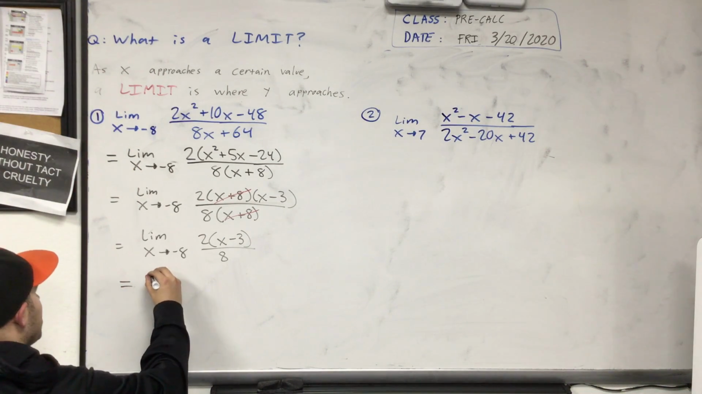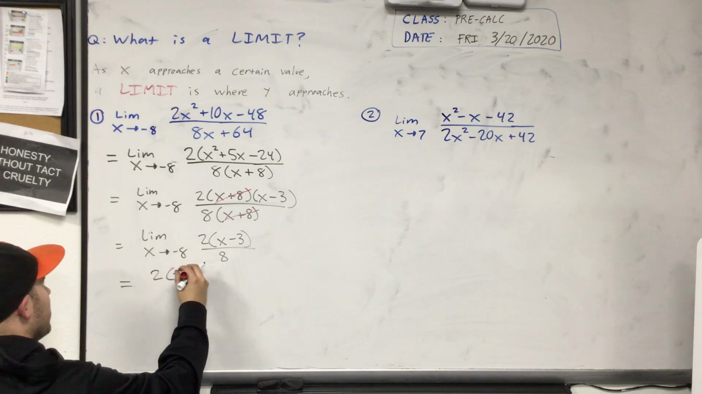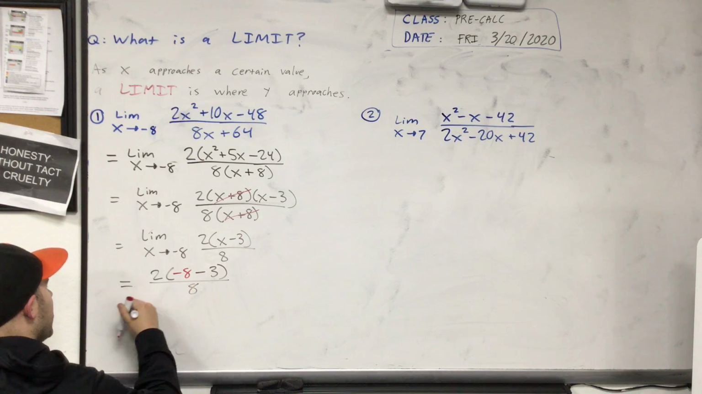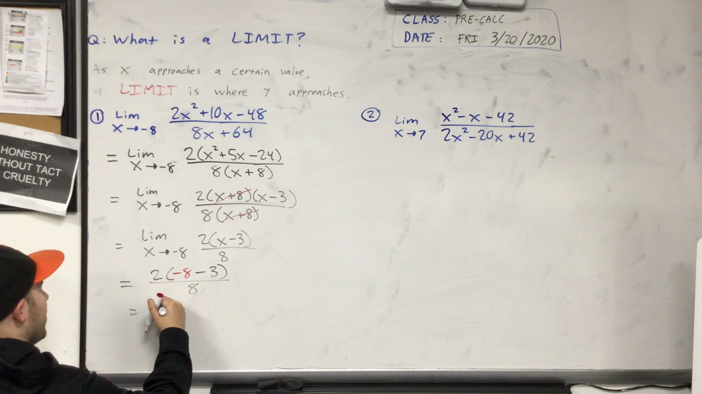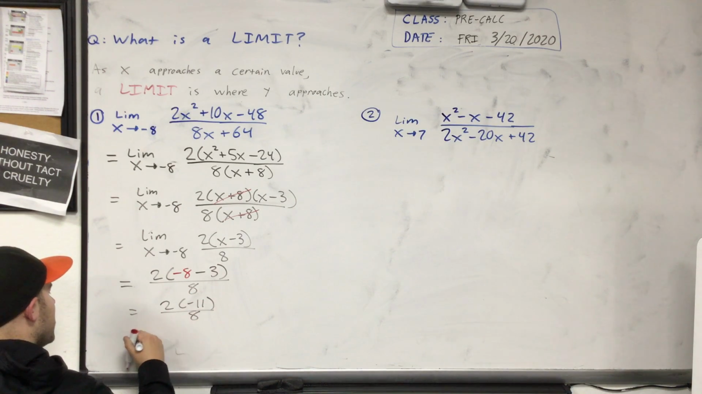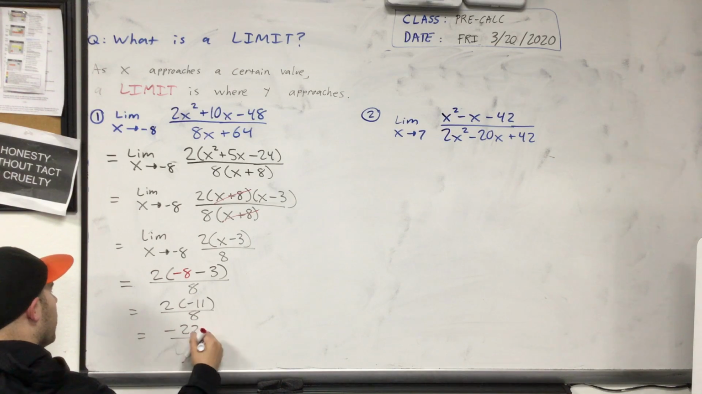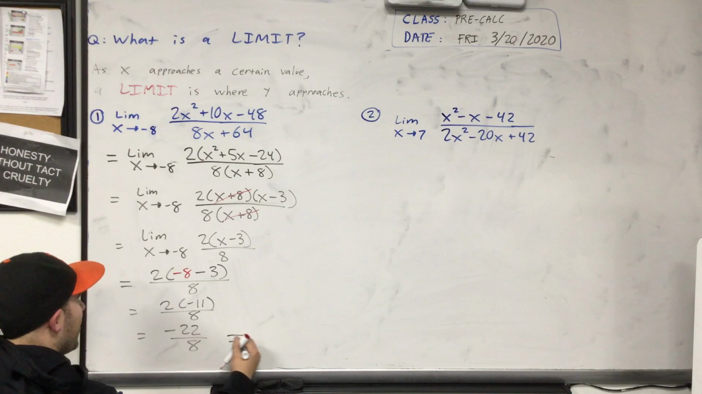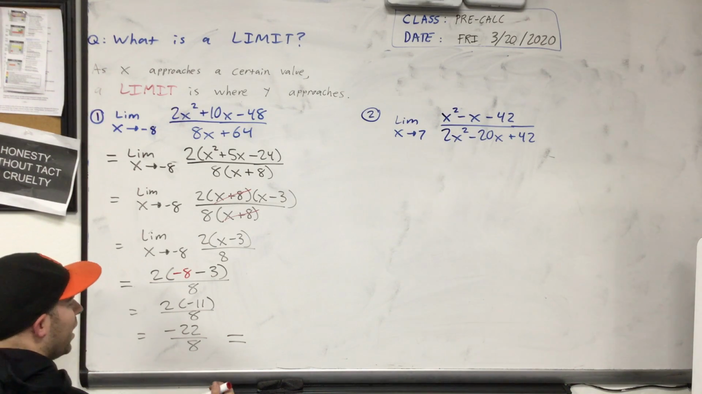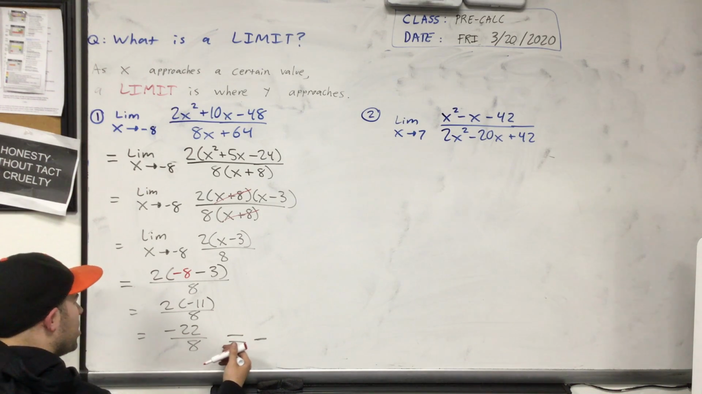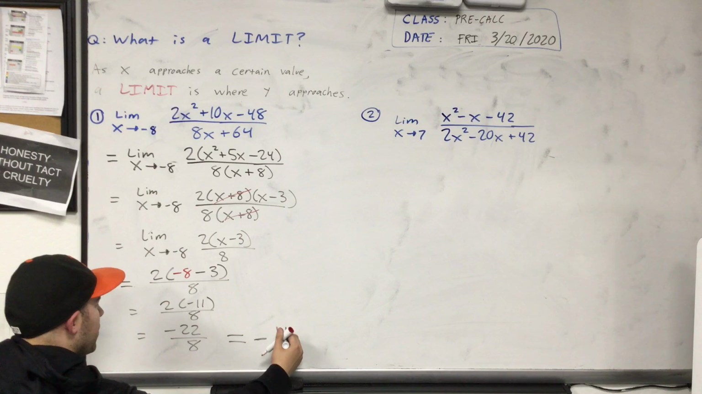So let's plug this in. We've got 2 times -8 minus 3 over 8. That's 2 times -11 over 8, which is -22 over 8. Your professor's probably going to want you to simplify that fraction. A negative divided by a negative is a negative, and 22 and 8 can both be divided by 2, so that'd be -11/4. Or, if you're a decimal person,